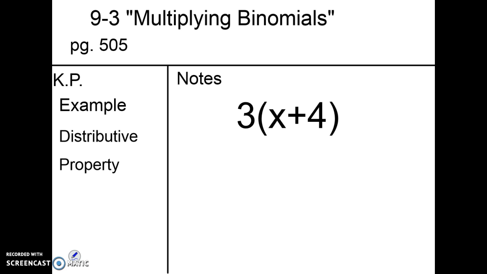This first example, we're just going to review what the distributive property is. So if I wanted to multiply 3 by the quantity x plus 4, I would have to split that up. I'd multiply 3 by x and 3 by 4. Some people call that bombing the fort, and we're just using that with multiplication. So we'd have 3x plus 3 times 4, and then we could simplify that 3 times 4 and get 3x